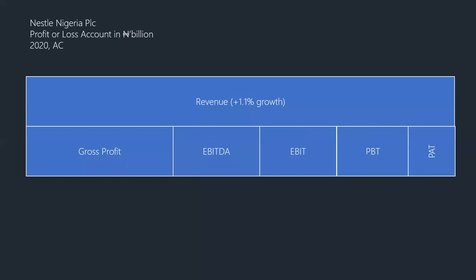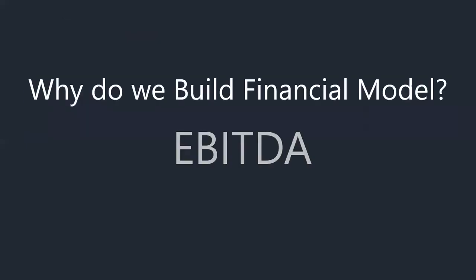So those are the kind of things we look at for the income statement. Why do we build a model? One reason is to be able to do comparison from business A to business B. And in doing that comparison, EBITDA is one very important metric. In fact, if you want to do valuation, EBITDA is enough to tell you what the value of a company is, because EBITDA is more like the true performance. It's more like the true profit from the business.